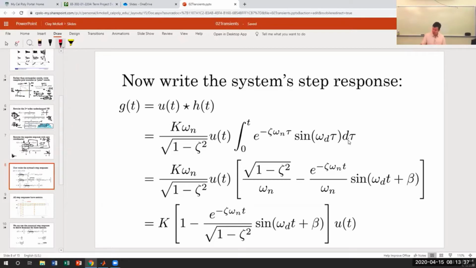But the idea is, what would you have to do here? You'd have to do repeated integration by parts: integration by parts to get a cosine, integration by parts to get a sine, and then factor it all out to get the next line, which is what I did and what you don't have to do. Then on the third line, I simplified a bunch of terms and collected them. And this is what today's lecture is mostly going to be about, this equation. This is the step response